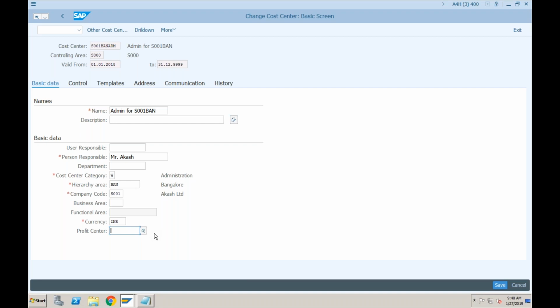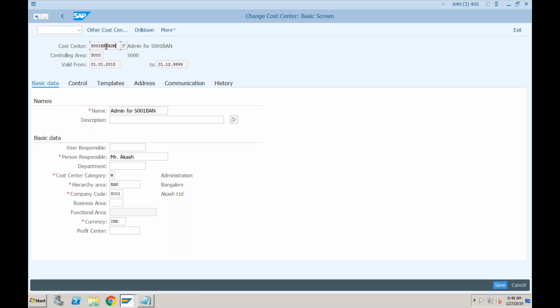Because when we say a profit center is assigned to the cost center, there has to be some logical way in which the profit center is assigned to the cost center. So this cost center is for S001, and this is for the Bangalore unit. But we are not specifying here whether, within the Bangalore unit, this cost center is for pesticide, or for insecticide, or for brand 1, brand 2, or brand 3.